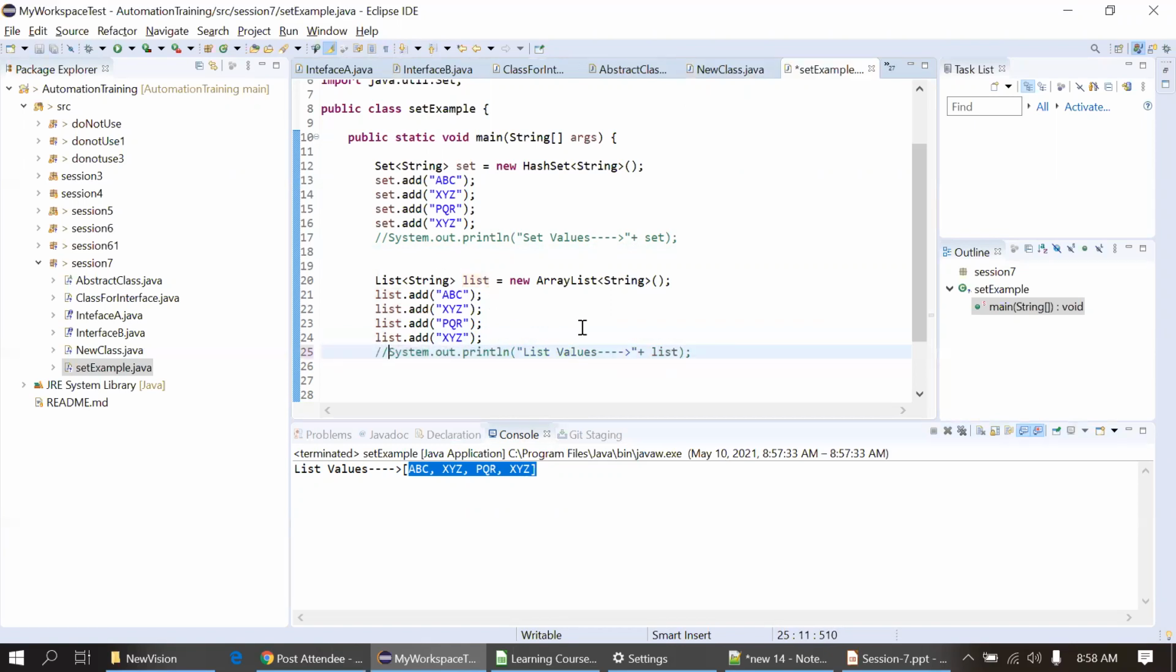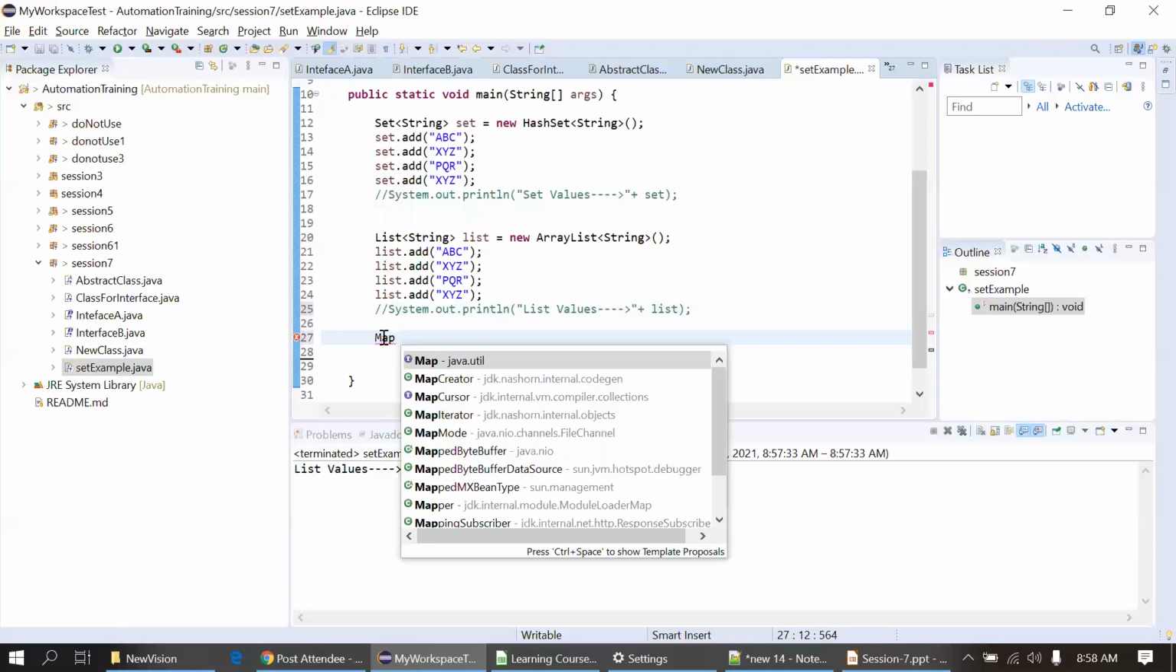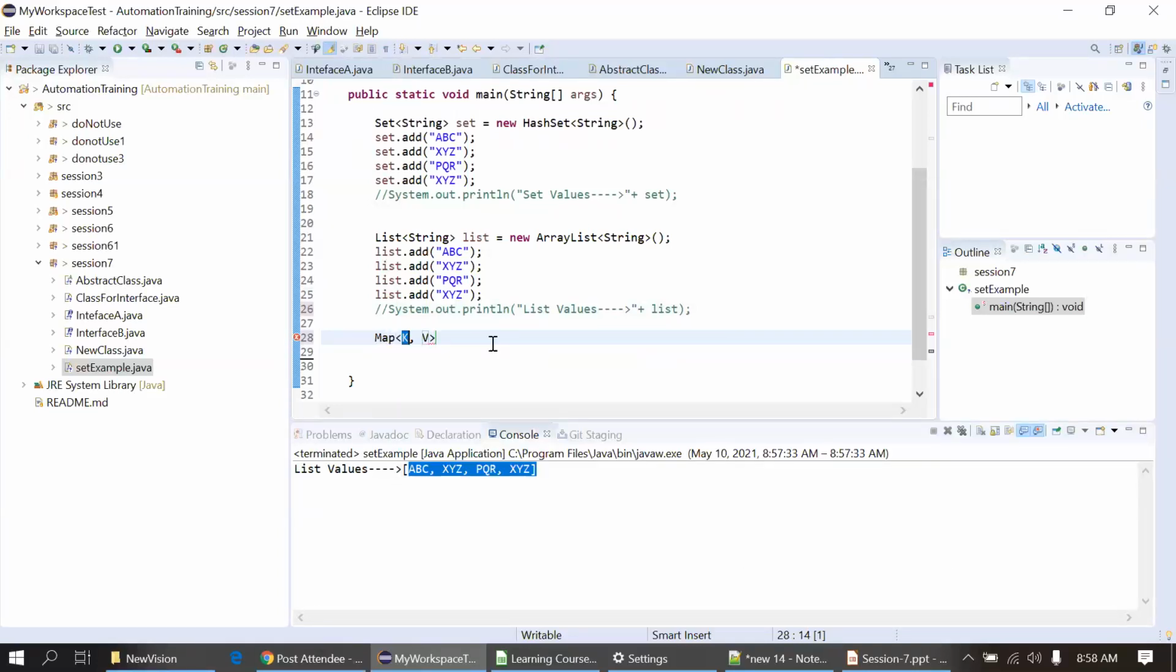Now I'm going for the hash map. I will not copy this. I will just create a new one. It is coming from the map, so this is an interface again. Map util. It is asking for the key and value. K and V means K for key, V for value. I will just provide the data type here, string,